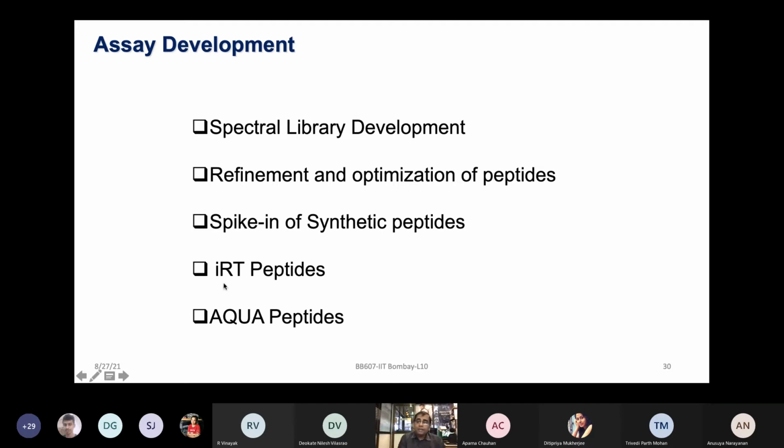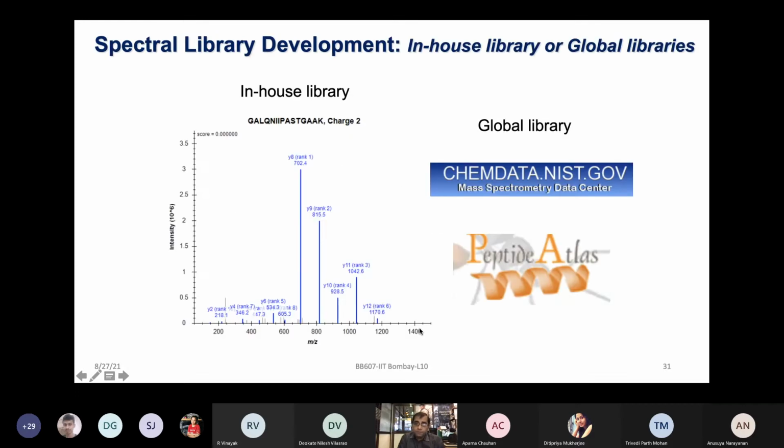And likewise, there are some retention time specific iRT peptides. These can be used to monitor your chromatography. This peptide will only come at a specific retention time, and in all the samples, you will see it coming at that specific retention time. So again, you can see there are different types of QC checks required. More accurate quantification peptides are also coming from commercial vendors to look for accurate quantification.